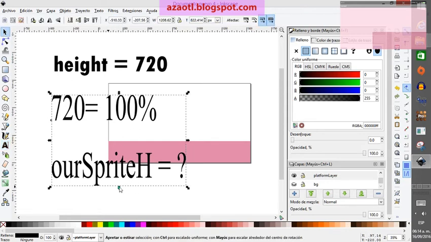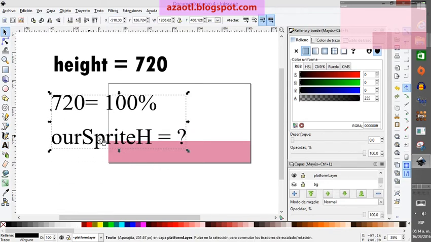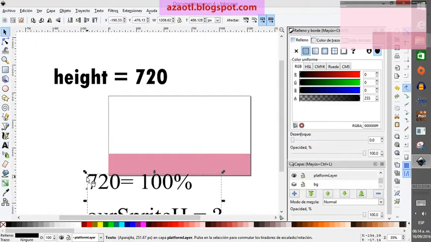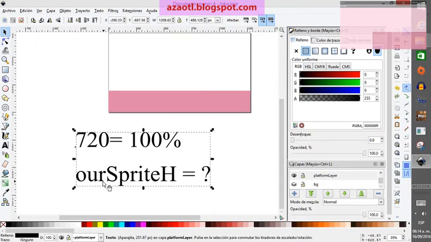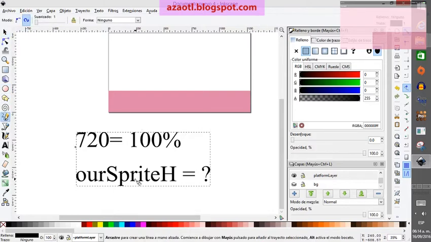Very simple math. We need to do the math for this. Basically we need to get this thing. We are going to multiply this times this divided by this, and we will get the percentage,